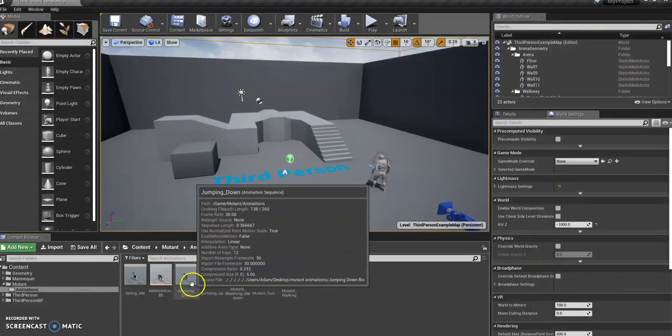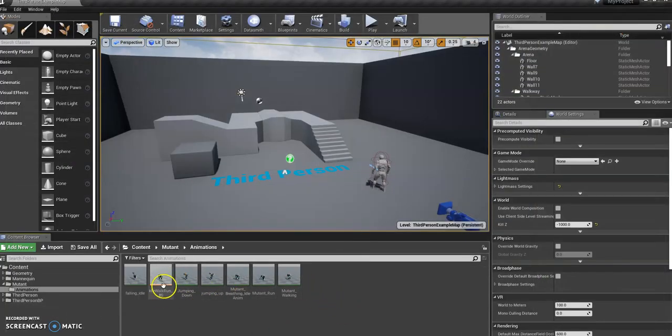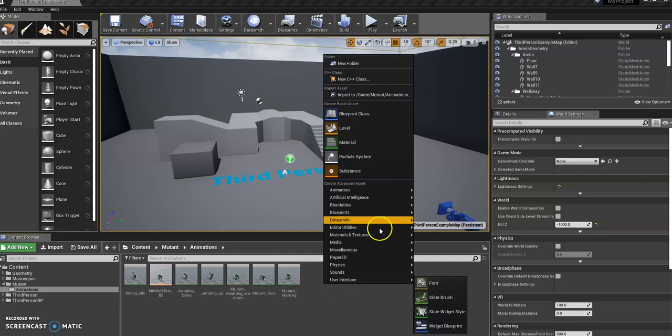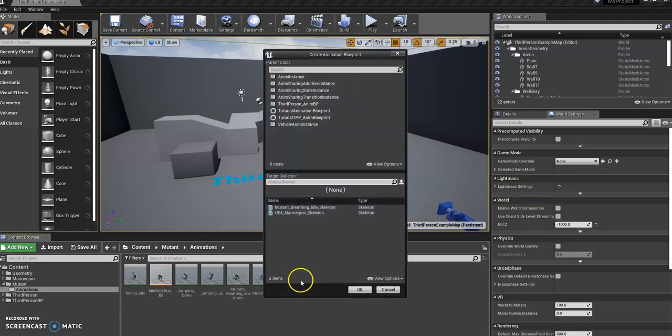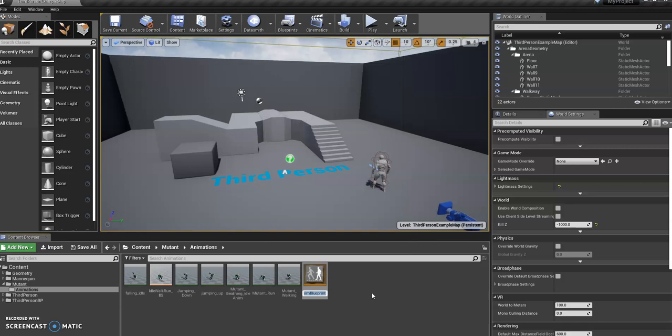close it down. The next thing we need to do, again, this blend space isn't going to do anything on its own, it's just blended 3 animations together. So next thing we want to make is an animation blueprint. Okay, so again, choose the skeleton we want with it, push OK, and call it mutant anim